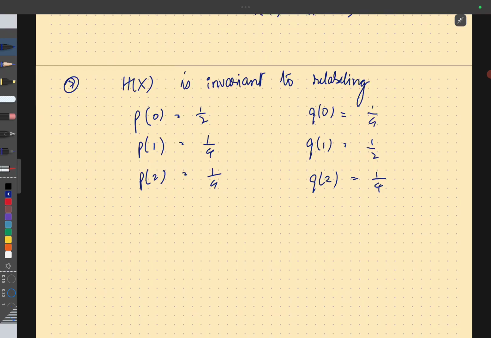Sir, but shouldn't the entropy depend on the probability of each of the symbols? It depends on the probability of each of the symbols. Correct. For both of these to have the same entropy, the probability of getting 0 in the first distribution should be the same as the probability of getting 1. That's the point that I'm trying to make. It doesn't matter which symbol occurs with what probability, as long as the probability multiset is the same for 2 sources,